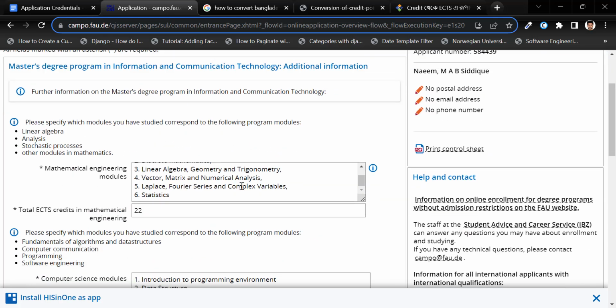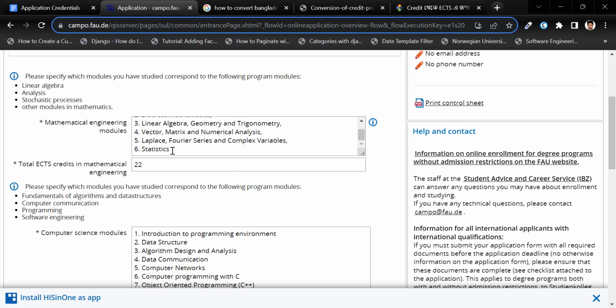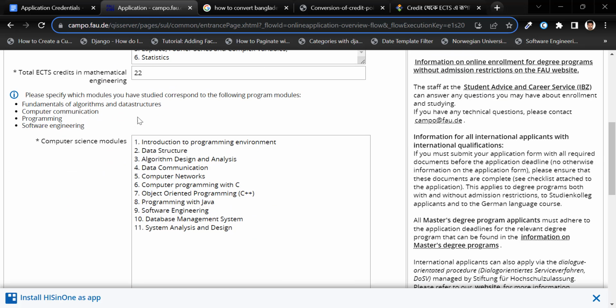So they are asking please specify which modules you have studied correspond to the following program modules. Among this program module, which program module have you studied? I have listed them, and total ECTS credit in mathematical engineering. You have to convert your credit hours to ECTS, and later please specify which module you have studied correspond to